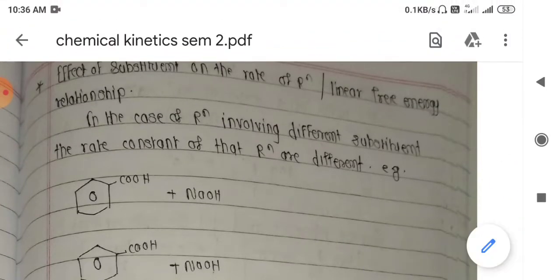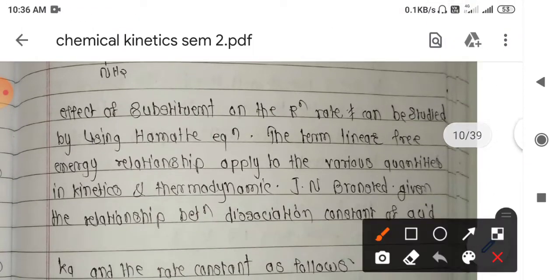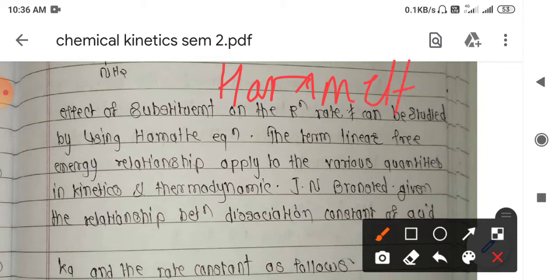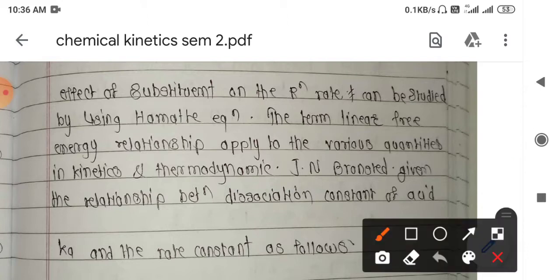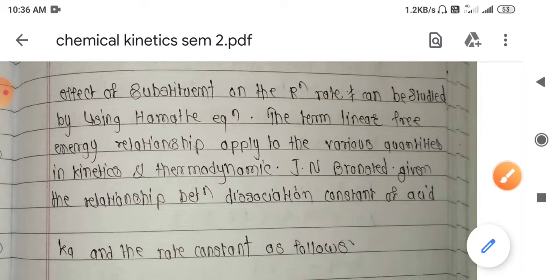This can also be predicted by using the effect of substituent theory, or the one famous equation, the Hammett equation. In our practical also we need to perform this experiment, and for the organic chemistry part, in the second year you will have a separate paper on physical organic chemistry, a special paper on the Hammett equation, its theory and its application to various compounds. So this topic is quite introductory.